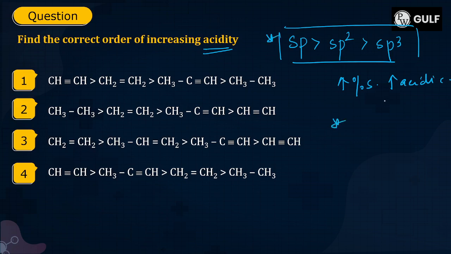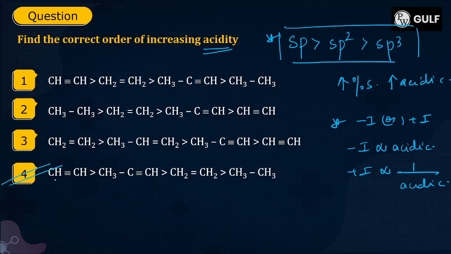The next thing we need to search for is whether there is a presence of a minus I or plus I group attached. We know the minus I group is directly proportional to acidic nature, whereas plus I is inversely proportional to acidic nature. Now, keeping these two points in mind, when we look for our perfect option,